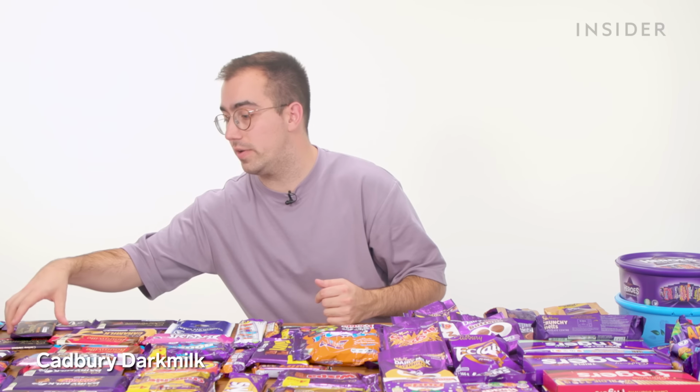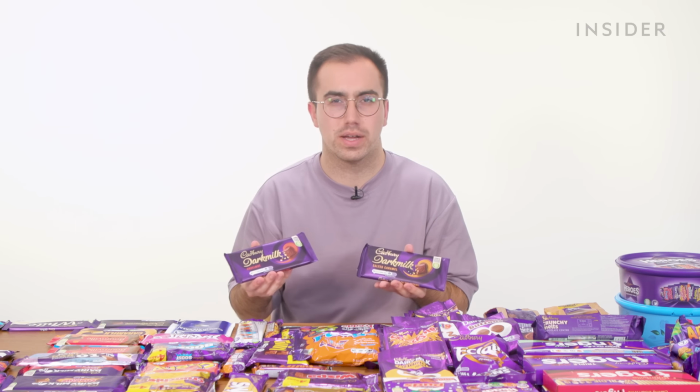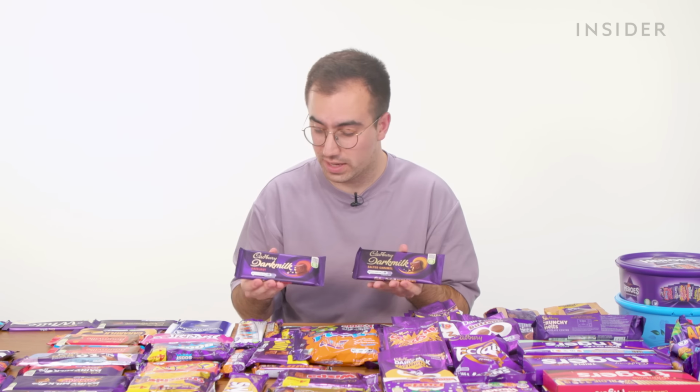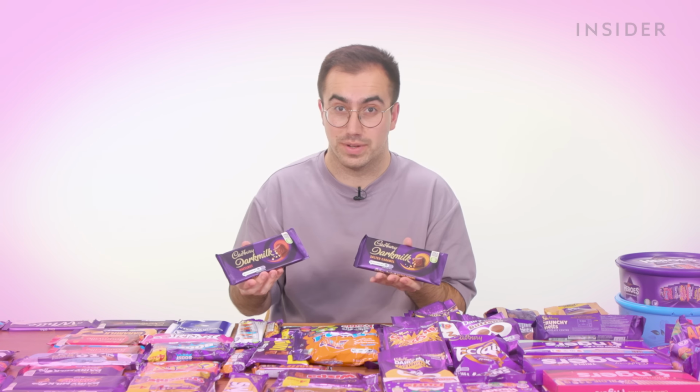Dark milk also comes in variations including a salted caramel flavour and a hazelnut flavour. I feel like they've tried to market these a little bit more at adults maybe as opposed to kids. The packaging kind of gives a slightly more sophisticated vibe. Sexy, if you will. At the other end of the scale, we have some even sweeter options than classic milk